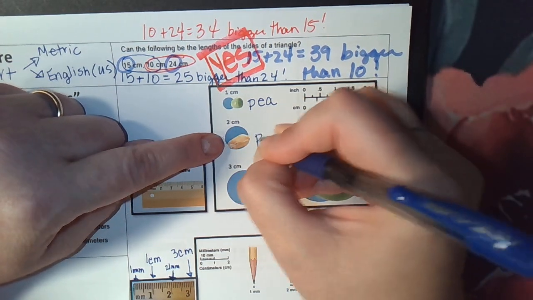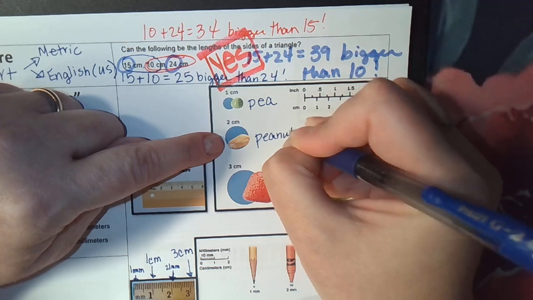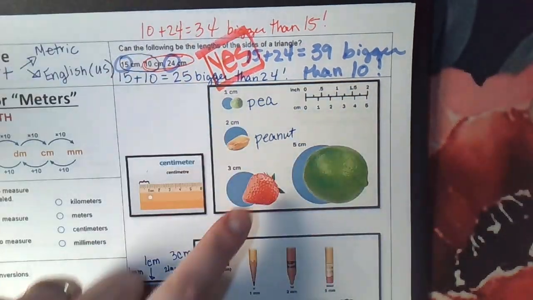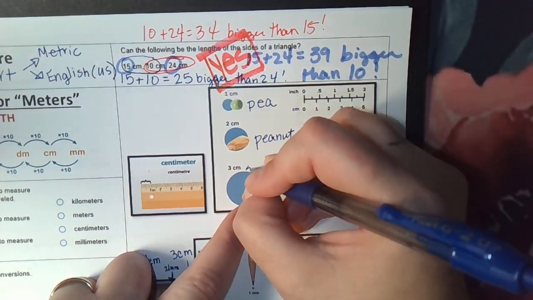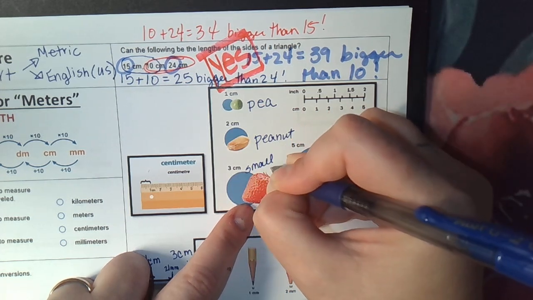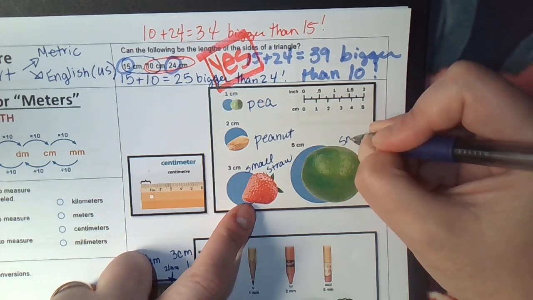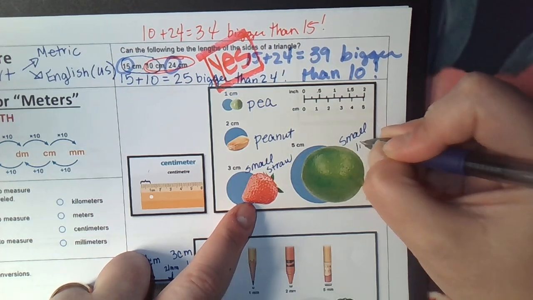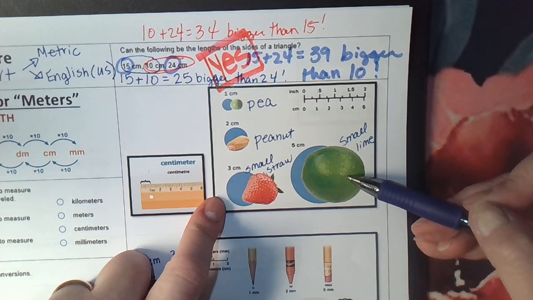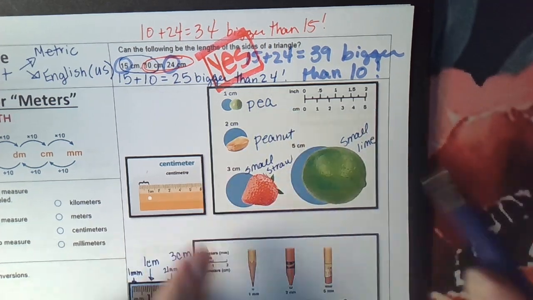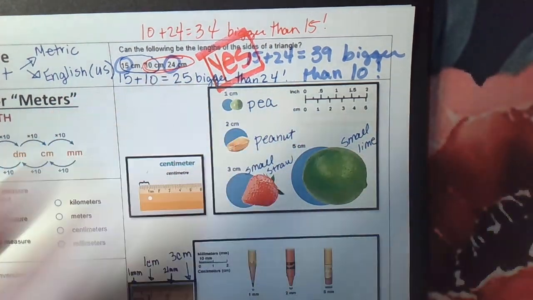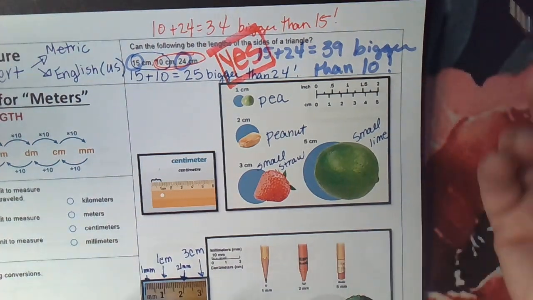A peanut is about 2 centimeters. A small strawberry is 3 centimeters. A small lime is 5 centimeters. I know I keep talking about small, but these are measurements of the fruits back in the day. Right now, our fruits are freakishly big. Anyway,